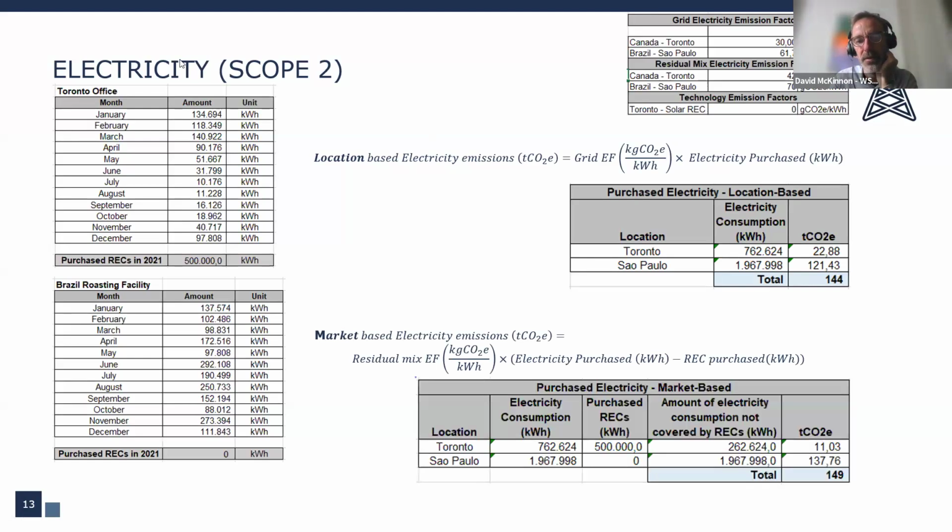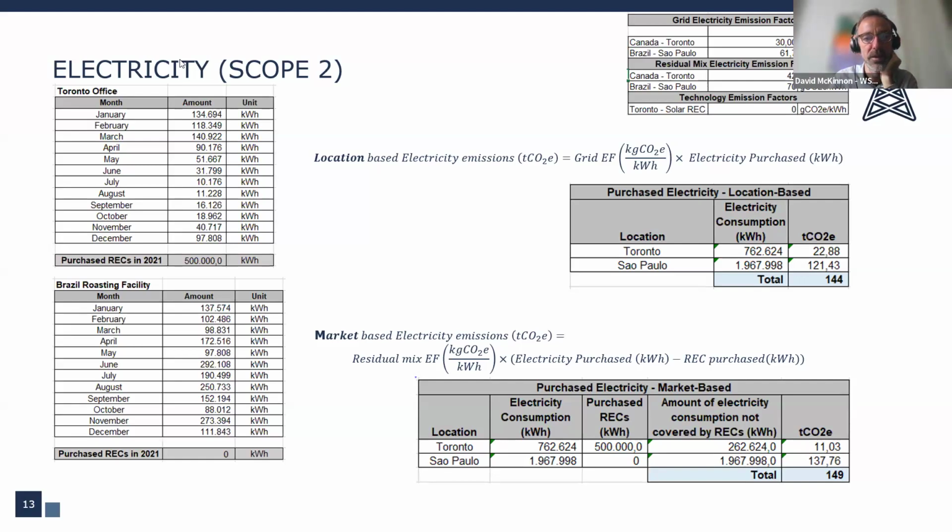And in the case of Toronto, that gives a quite significant reduction. In the case of Sao Paulo, it gives an increase. And what you can see here, which must really, really annoy the company, is that despite the fact they've bought 500,000 kilowatt hours of renewable energy certificates, the result on their market-based calculation is that they actually emit more